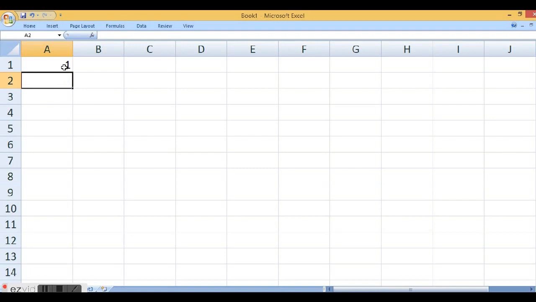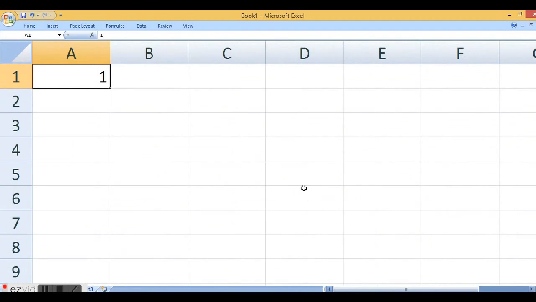Now coming to Excel, I filled only 1 in the first cell. For easy understanding, I am zooming out. See, there is 1 number entered. After entering, if you select it, there is a small black dot, called the fill handle, in the bottom right corner. Inside the cell area, your mouse pointer becomes a hollow plus. If you take it to the corner handle of the cell, it becomes a solid plus. When the solid plus comes, that means the data can be filled effectively.